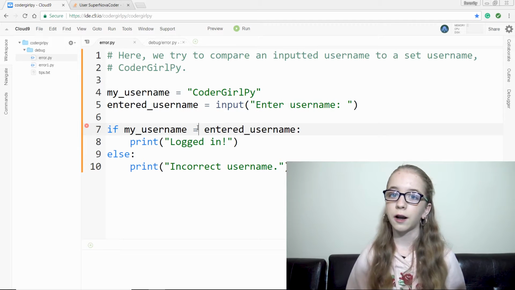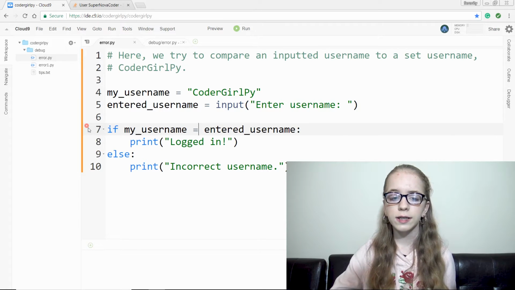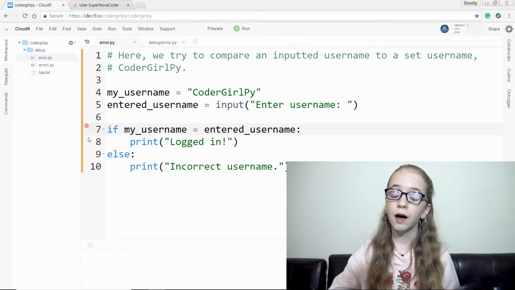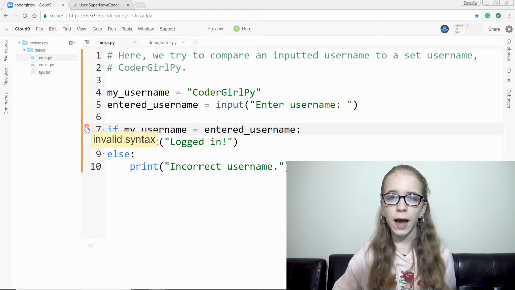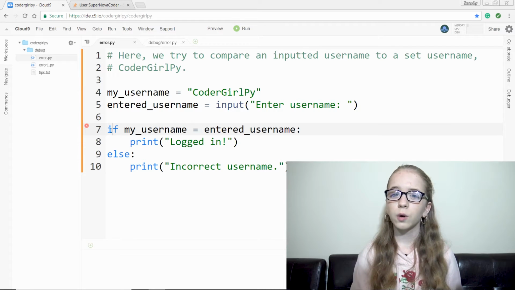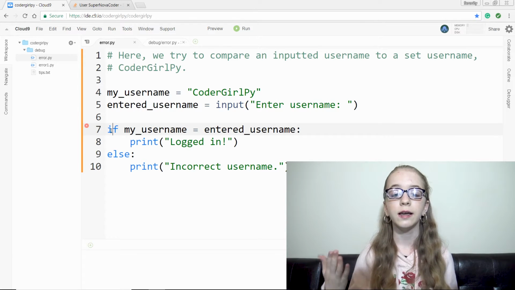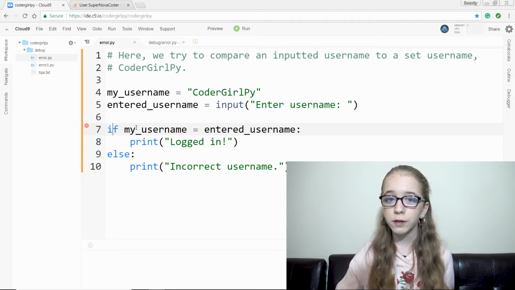And before I fix this error by adding another equal sign, you can see that there's a really cool feature in Cloud 9. On the side, you can see this little red symbol. And if I hover over it, you can see it shows invalid syntax. So I didn't even have to run this program to know that there was an error in it. It doesn't tell us where the error originated, so it doesn't tell us that it's in the equal sign. But it does show us that it occurred at line 7. So I could have probably figured out this error